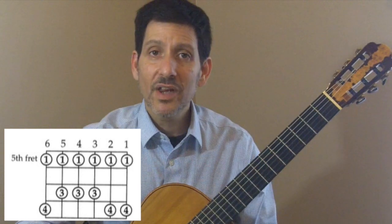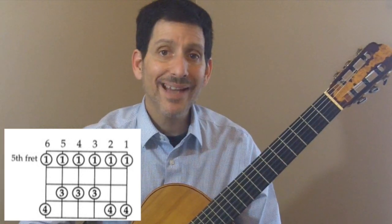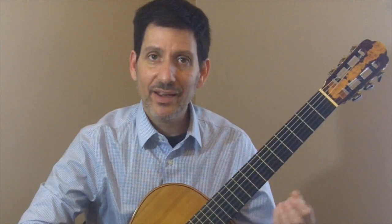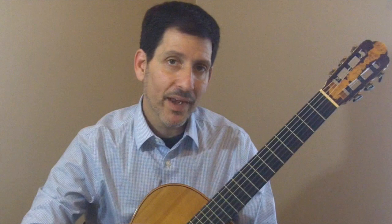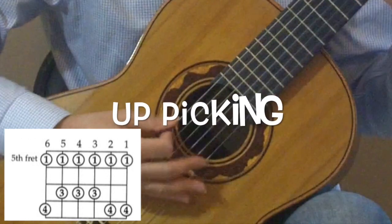Go ahead and pause the video and practice ascending and descending using only down picks in your right hand. The next step's a little tricky. So we're going to do the same pattern in the left hand. That's our pentatonic box 1 shape. But now we're going to practice two other picking patterns. The first are up picks. These picking patterns will go up towards us. So we'll go